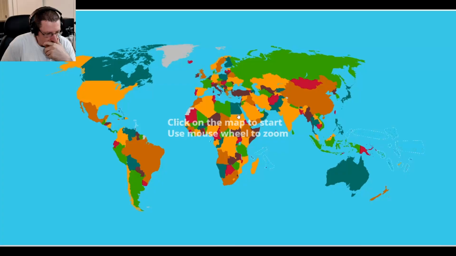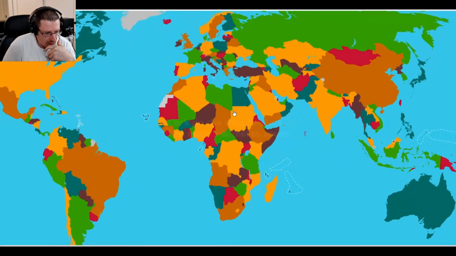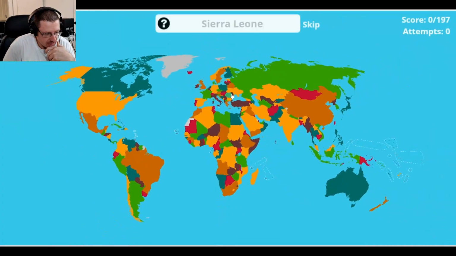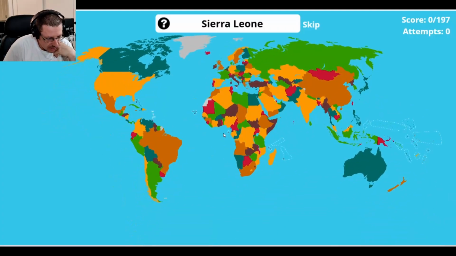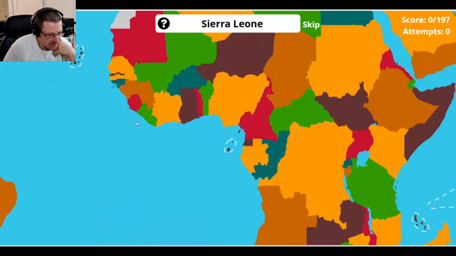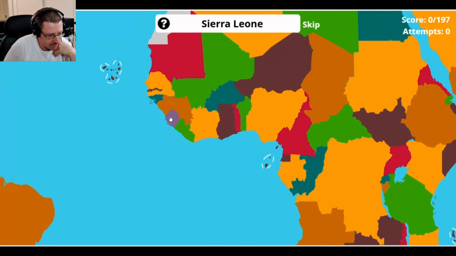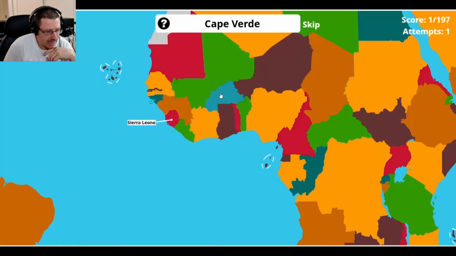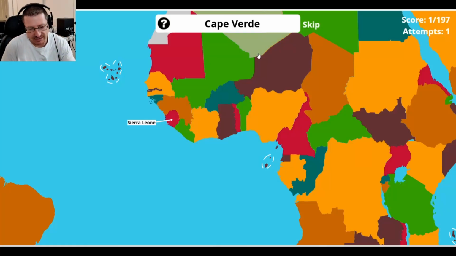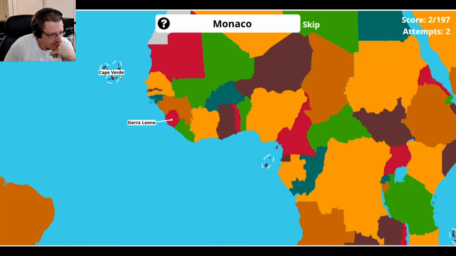Okay. So you can zoom in with your mouse, or if you need to know where stuff is, you can click and drag. Sierra Leone is in Africa. I always think Sara Lee cheesecake. It's shaped like a cheesecake. It's right here, and this is Africa, and it's got one of the world's largest natural harbors. Cape Verde, or Verde. Some of these I might be mispronouncing. It's actually right here. Its main export is seafood and fish.